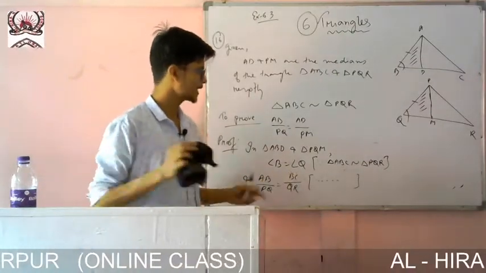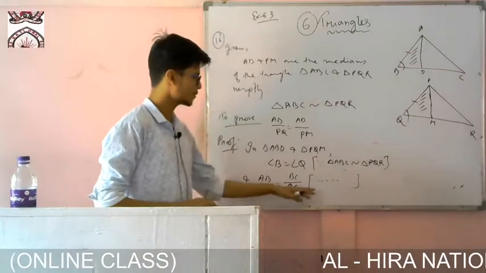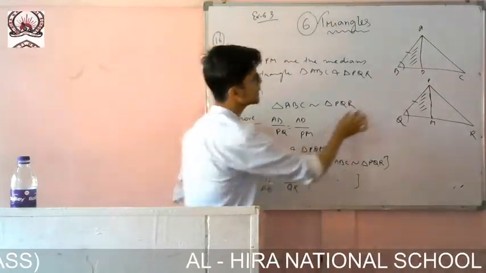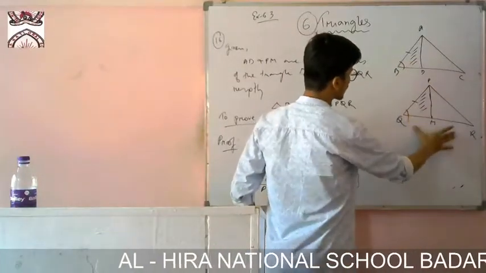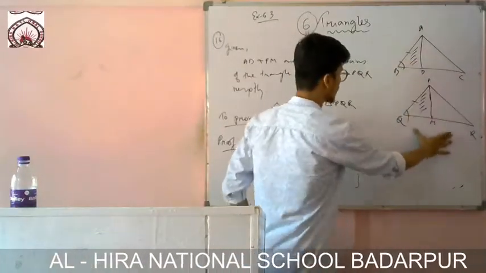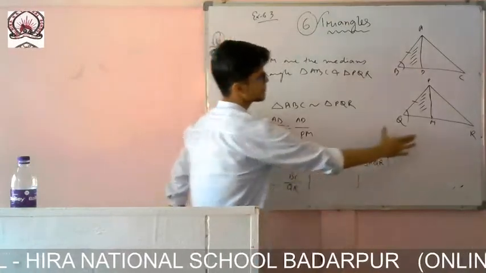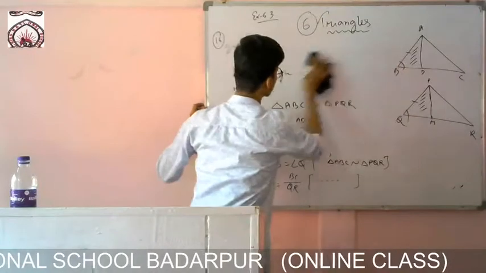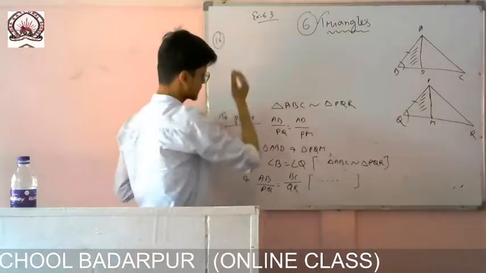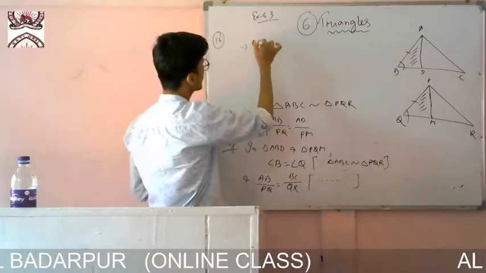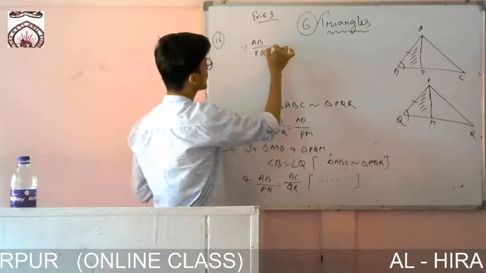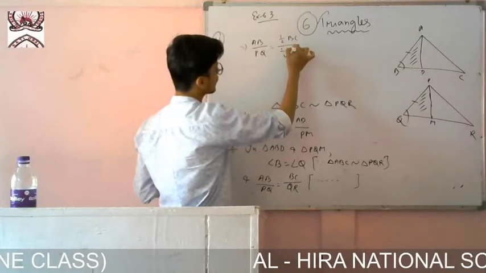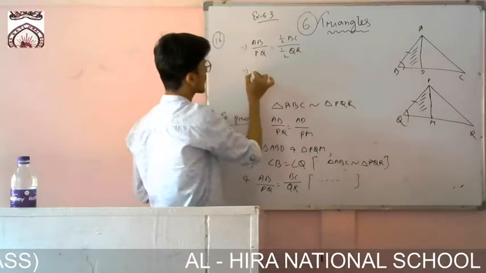So one, we have got angle B equals to angle Q, and another one is given in the question, but this one you do not need to find. Here the triangles are ABD and this one, not this whole one. I have written BC by QR, so somehow I have to write it. So BC I can write as half of BC, and QR as half of QR, multiplying with half.